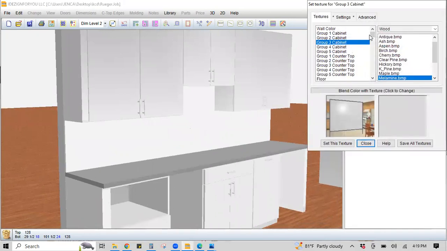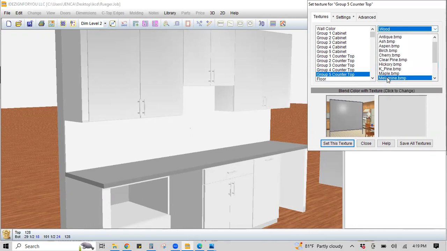So you have a lot of different things you can do. You can choose different parts of group 1 or your different groups' pieces to be different colors or textures. Like I said, I stuck with group 3 and group 5 because for me it's easier. So group 5, these are going to be my cabinets. I am going to make sure I'm in wood, melamine, and you'll notice that everything is a .BMP. That's really important when we go look for a different finish. So I'm going to click on melamine,